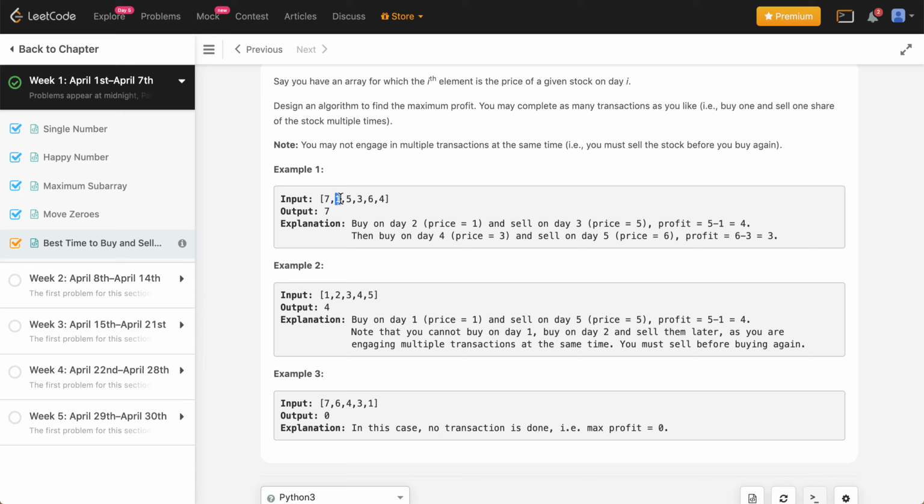buy on day 2 where the price was 1, then you sell on day 3 where the price was 5, and then you get a profit of 4. But you can do this over and over again. So basically, if you could only do it once, what you would try to do is buy at day 2 and then sell when the price was 6, and that's the maximum profit that you could have attained. But since you can buy it multiple times, what you would do is you would buy at day 1,